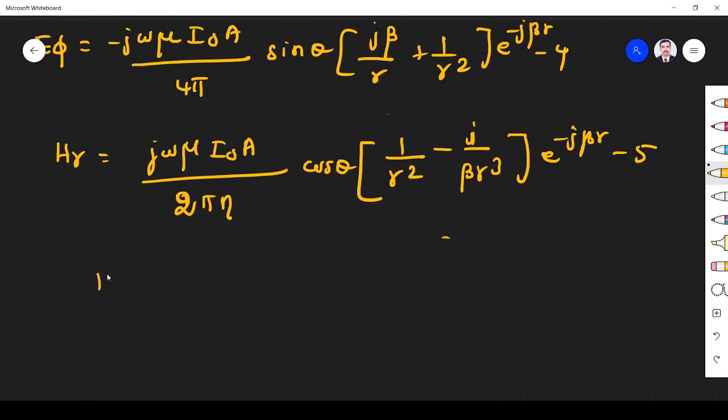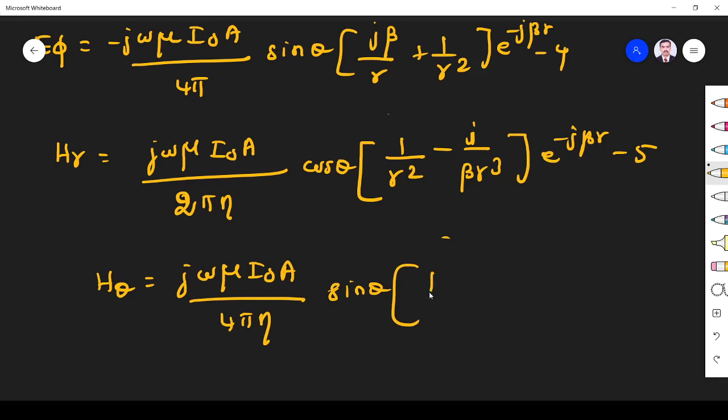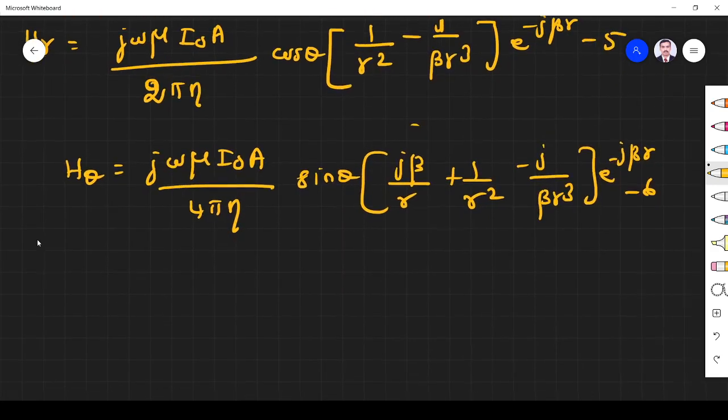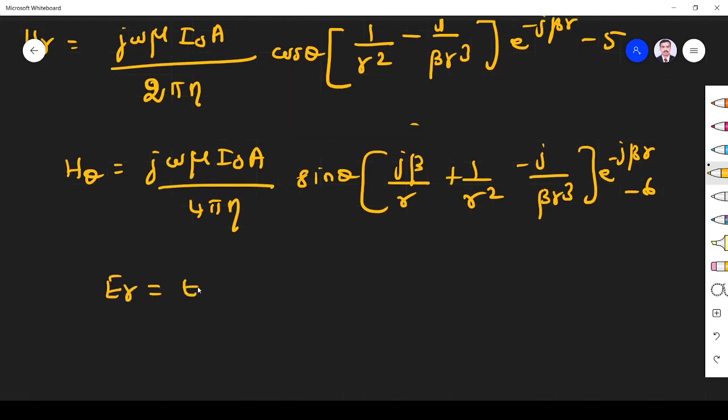Then H theta is given by j omega mu I naught A divided by 4 pi eta, sin theta, j beta by r plus 1 by r square minus j by beta r cube, e power minus j beta r. This is the sixth equation, and these are the three terms you will get,